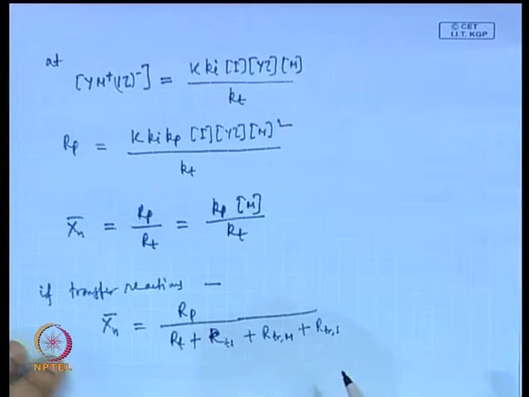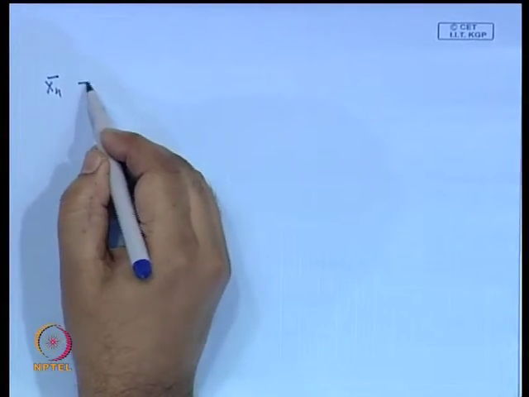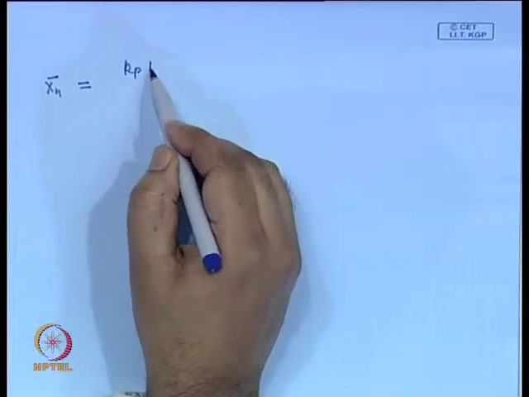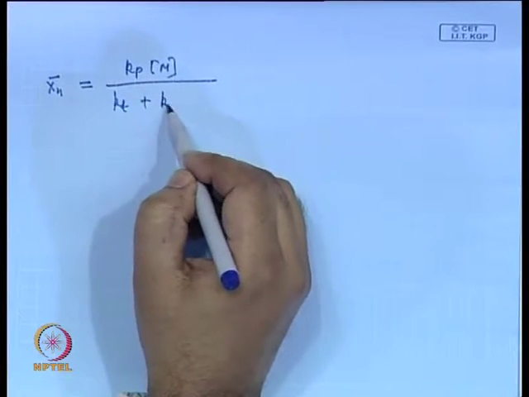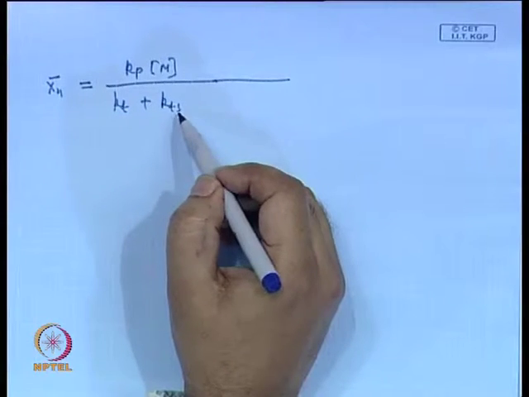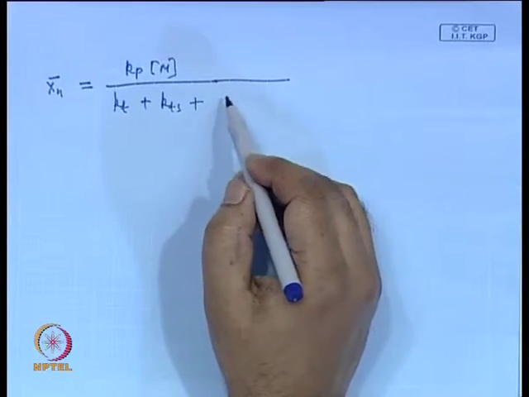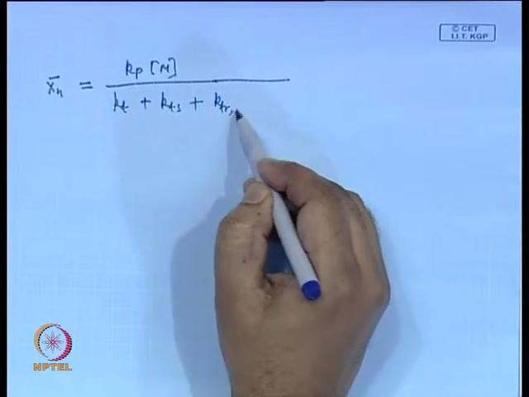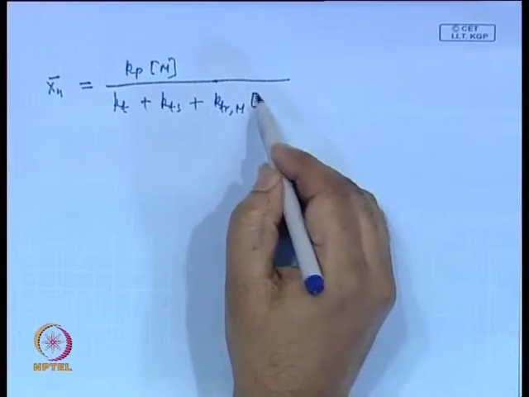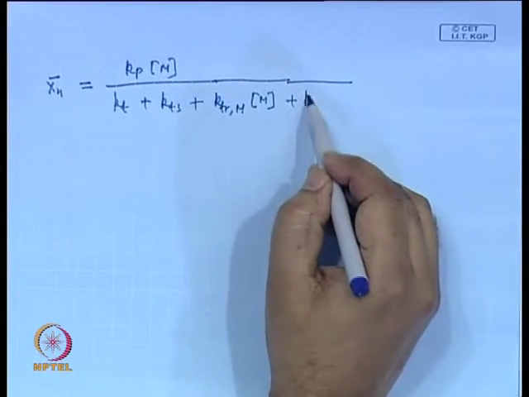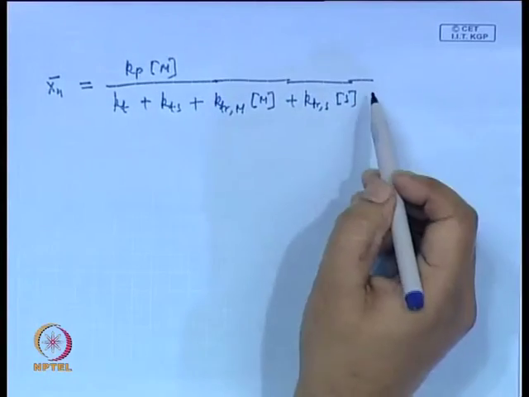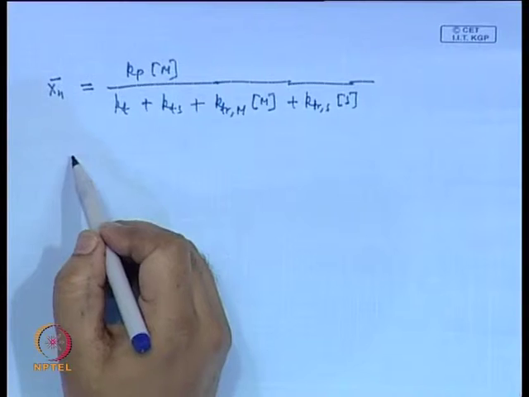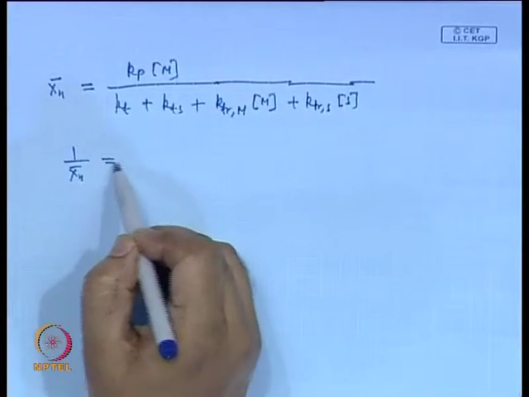So, we can simply write Kp M over Kt, Kts for chain transfer to the counter ion, chain transfer to the monomer, and chain transfer to the solvent or any other substance, or you can add other chain transfer reactions if present. So, similarly, like in case of